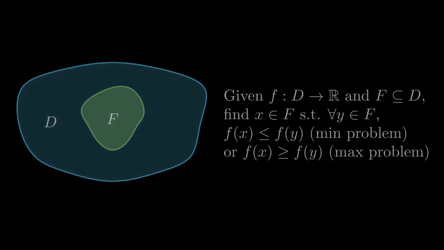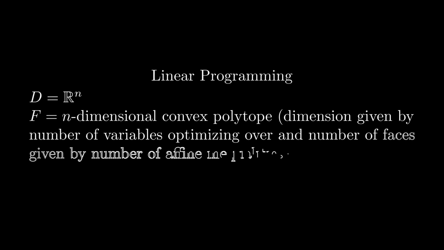for all y in F. For linear programming, we take D to be R^n, the space of n-dimensional real-valued vectors, and we take f to be linear, meaning that f of x is equal to c transpose times x, where c is in R^n. The feasible region F is taken to be a convex polytope. The polytope itself is n-dimensional because the dimension is given by the number of variables we are optimizing over. Furthermore, each face of the polytope corresponds to an affine inequality which the parameters we are optimizing must satisfy,